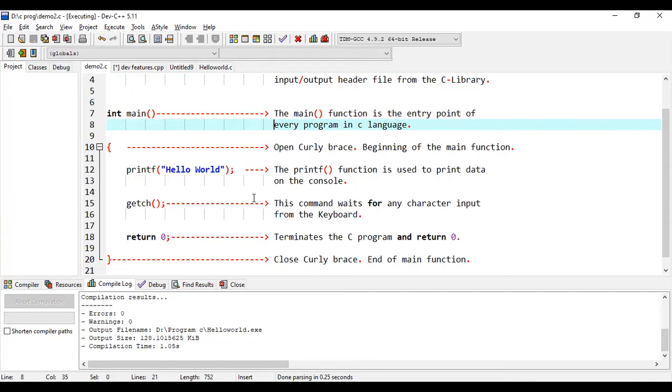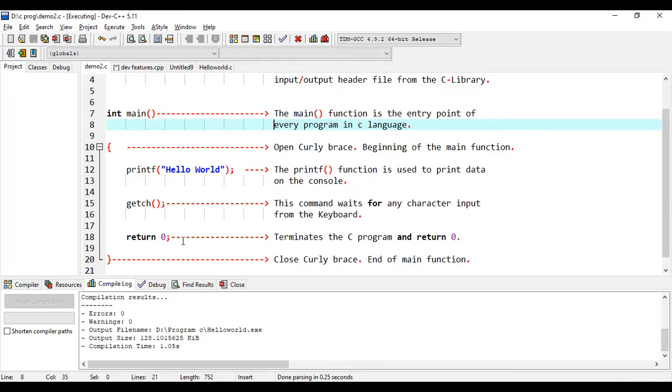When you execute this source code, if you want to see the output screen, you have to give this getch command. Then after entering a character from the keyboard, we can come out of this output screen.